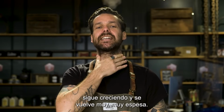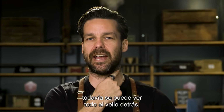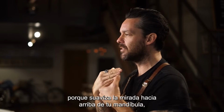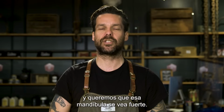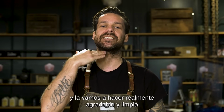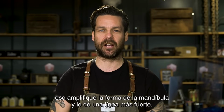gets really, really thick. And if you notice, when I drop my jaw down here, you can still see all of the hair in behind. Seeing the hair in behind is kind of a problem because it softens the look of your jaw, and we want that jaw to look strong. So what we're gonna do is bring this line up, and make it really nice and clean so that when you put your neckline down, it amplifies the shape of the jaw and